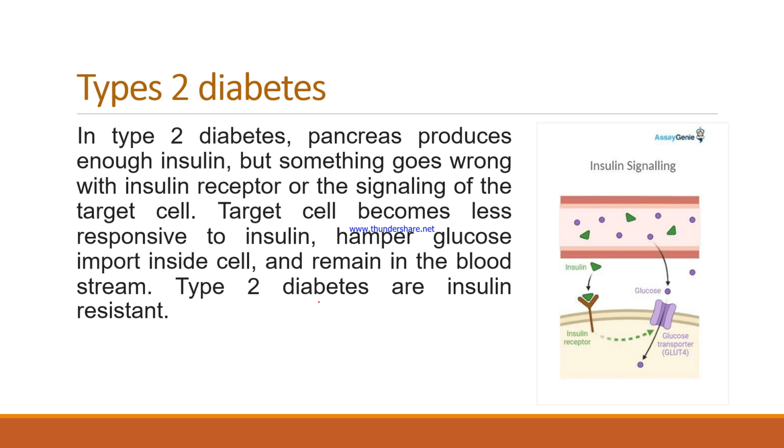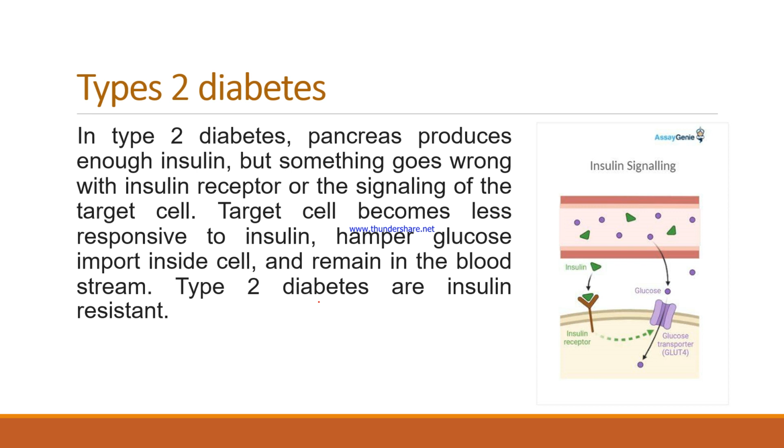In type 2 diabetes, the pancreas produces enough insulin, but something goes wrong with the insulin receptor or the signaling of the target cell, and the target cell becomes less responsive to insulin, which hampers glucose import inside the cell. Okay, if the receptor is not responding, if the receptor and the signaling,